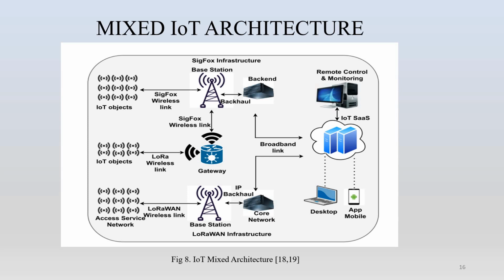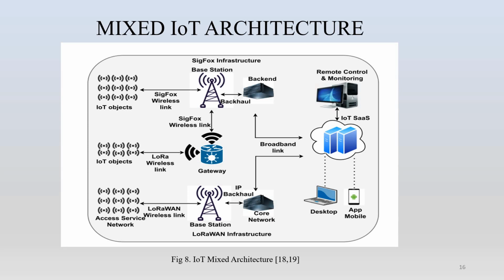And the next part is the base station. There is no data processing or collection in this part, but to enable communication, data are collected and passed to IP protocols. The next part is the network server. Speed and bandwidth of transmitted data can be adjusted by giving a request. The two network servers are the LoRaWAN base station and the Sigfox base station, as we can see in the figure.